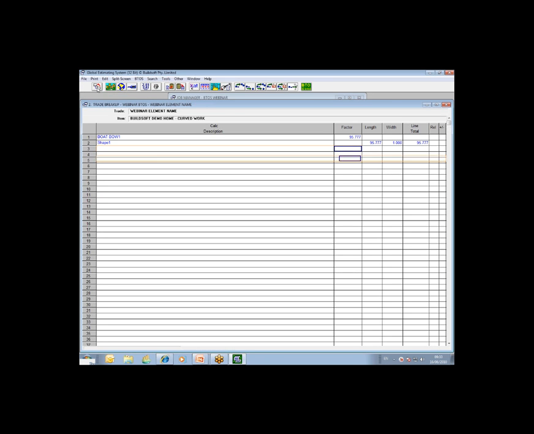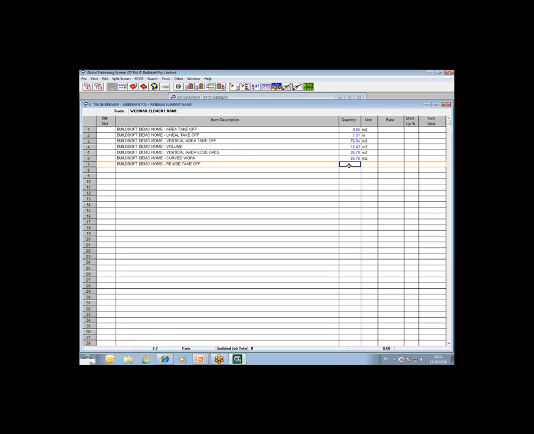Okay, so coming back out and into one of the more important areas of the BTOS system. It would be important to remember that when using BTOS, any result produced can be reproduced in a different manner. An example of this would be where the initial takeoff required would be only of, say, the area of the study. However, maybe later in the job you would need to return the linear meters of the study for maybe